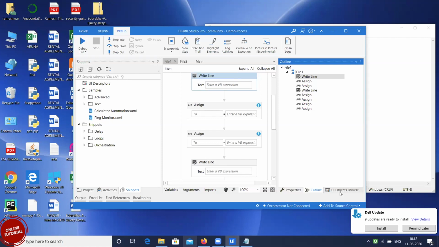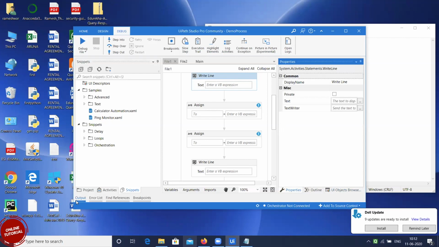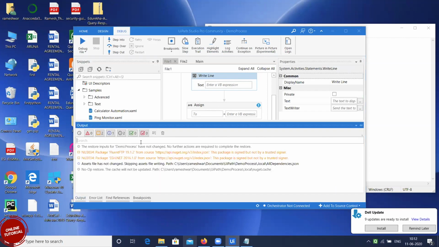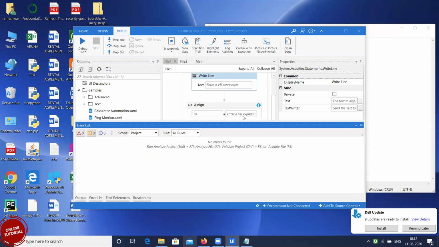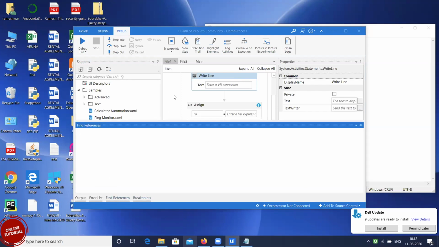Okay. And this is the UI object browser, nothing to do for us. It's for all your information. Whatever we want, we can browse it, but we don't use it. And then we have the output panel where we can see all the errors during runtime if we encounter any. How we see the values here, we will also come across. And if there is any error, it will come here in the error list panel. And when we are doing debug, our breakpoints and references will be displayed here.